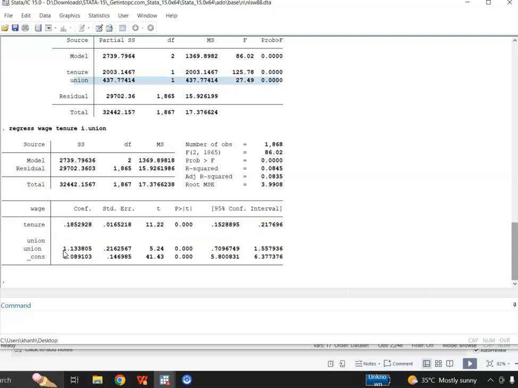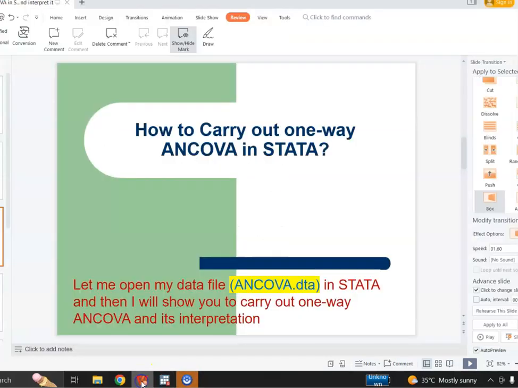Earlier in another video, that is video number 402, I also computed analysis of covariance in SPSS, and now I did that in STATA by two different methods. One is ANOVA method and the other one is the regress method, and the results are more or less the same. So in order to compare my results in SPSS and STATA, I'll show it